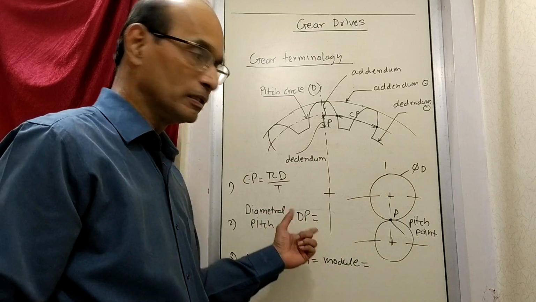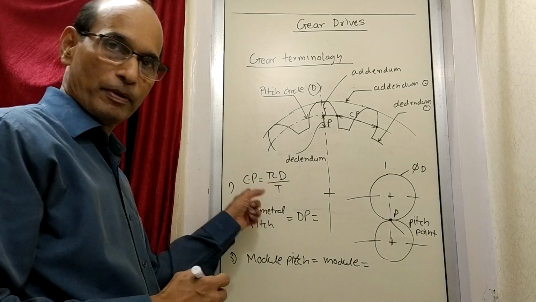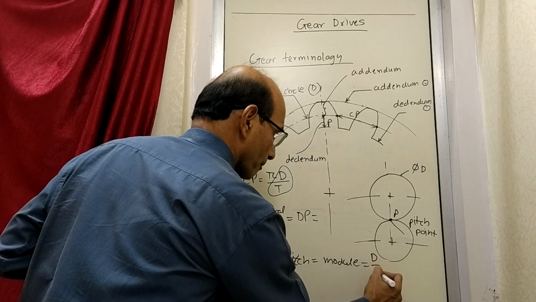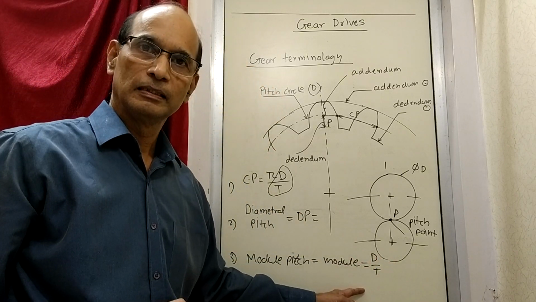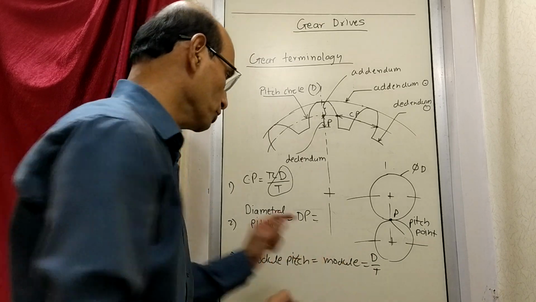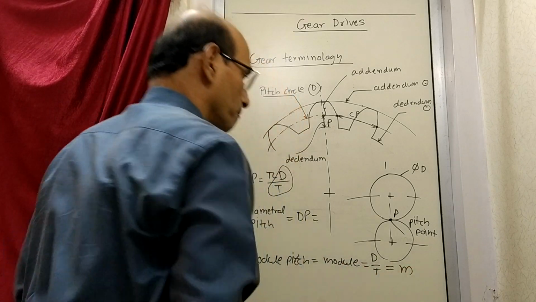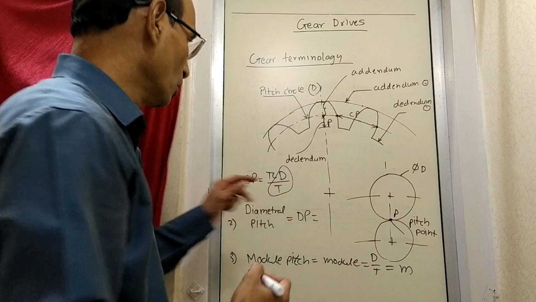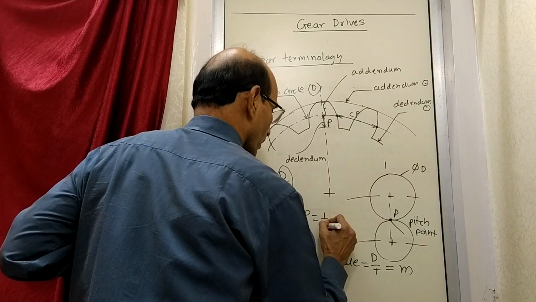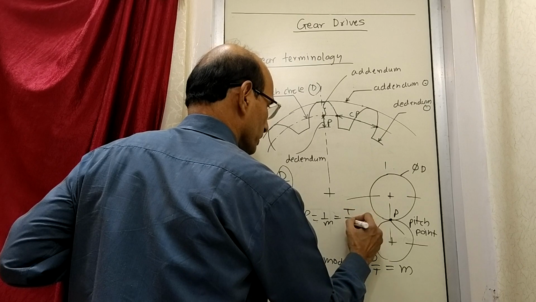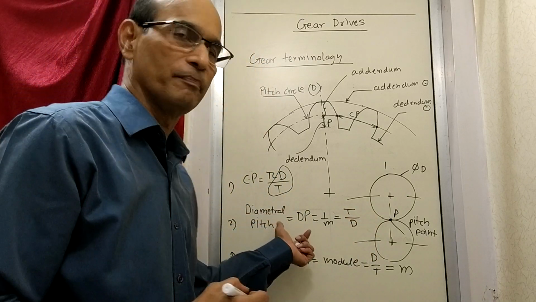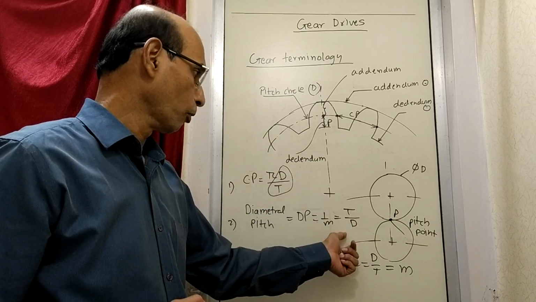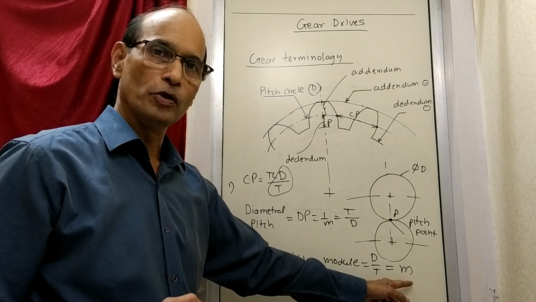Now what is module pitch? Module pitch is easy to understand by looking at circular pitch. So if you just separate this part d upon t and write it here, diameter upon teeth, then the diameter of teeth ratio is called as a module, and this is represented by small m. And now if you know this, then this becomes easy to understand. Diametral pitch is 1 upon m, so it becomes t upon d, teeth upon diameter, that is diametral pitch. So these are the three formulae we have to remember: pi d upon t, t upon d, and d upon t. D upon t is called as module m.